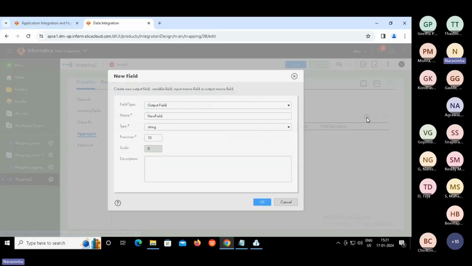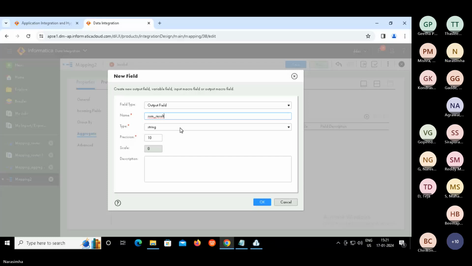click on plus. See here, we can supply the column name, which is the output column name, right? Sum underscore result. Done.